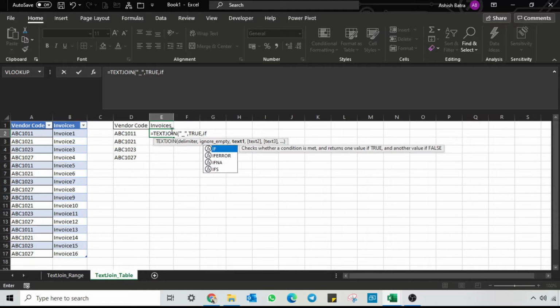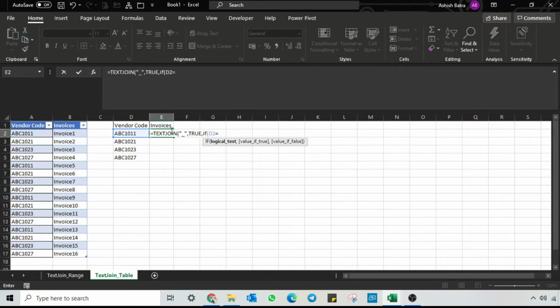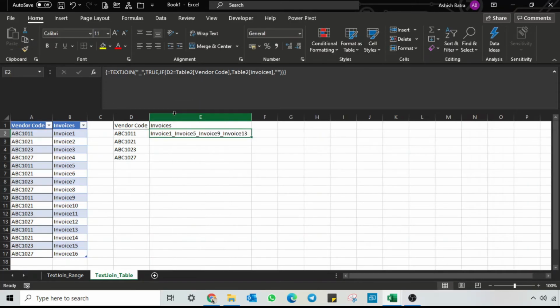IF condition, bracket, logical test: this is equal to this. For a table we don't need to freeze it. If true, then we need to combine the invoices. We need to give the table column invoices, comma. If false, we don't want to do anything. Close the double bracket, hit Control Shift Enter, and we have our invoices.